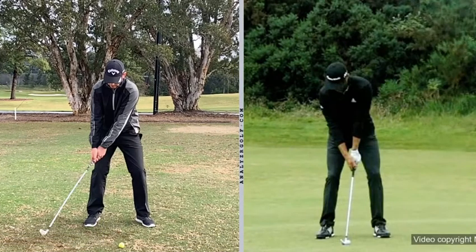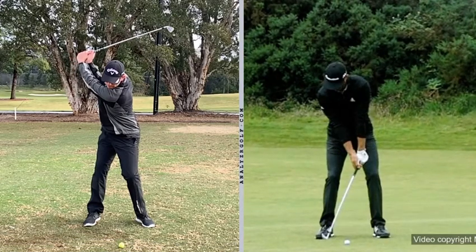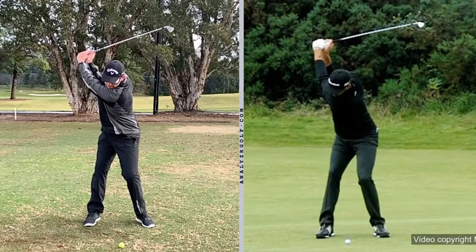So again, really good structure in your backswing. You've got no problems whatsoever with anything you're doing there. So I just want you to take a note of one thing. If we look at your head position, and then we look at DJ's head position,